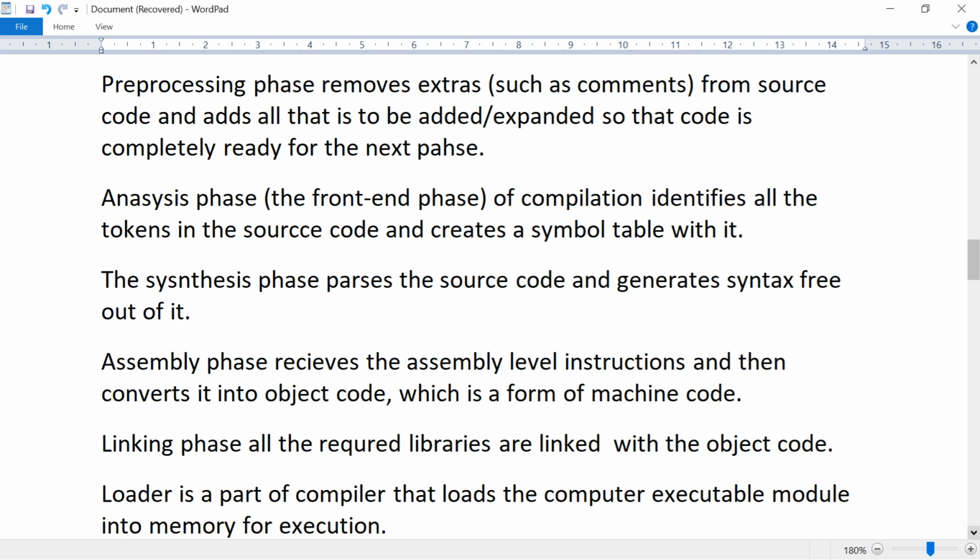Why are we using memory? This program's executable code, which is object code or machine code, is stored in memory, so memory references are always required.